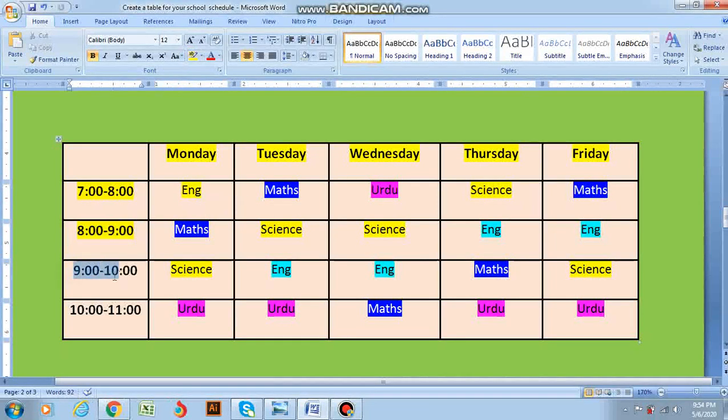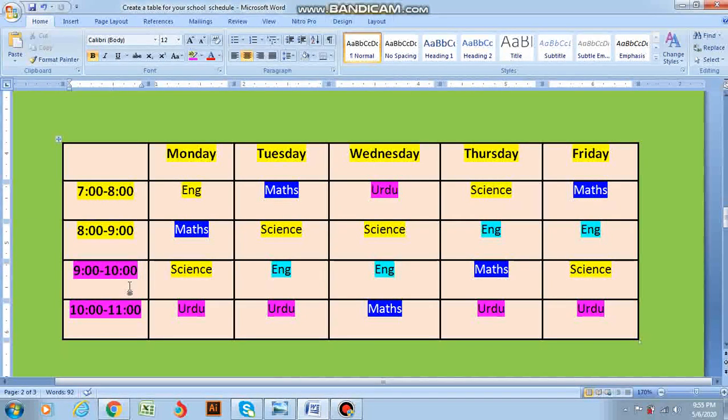You can change the color also by going into this option, and I'm going to click over here. So this is how I did it. Okay, so this was all about the week number 6 assignment. You have to create a timetable and then format it. Okay, one more thing, the last step was you have to print it.